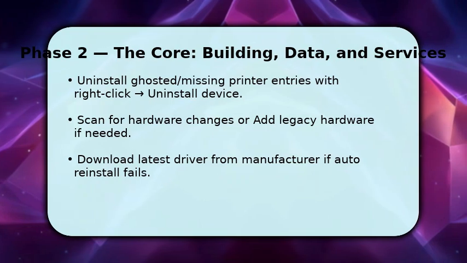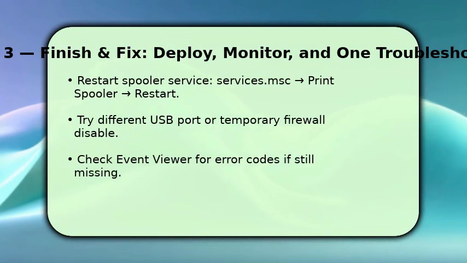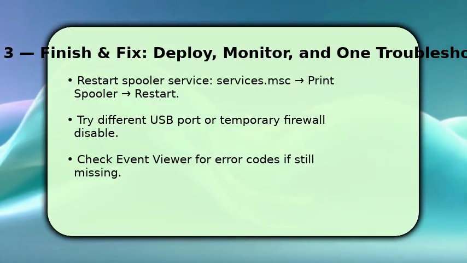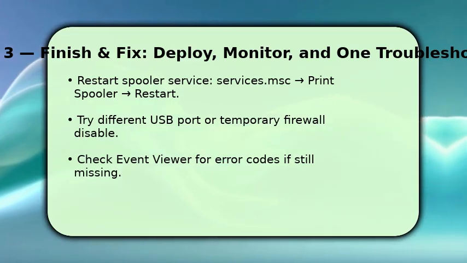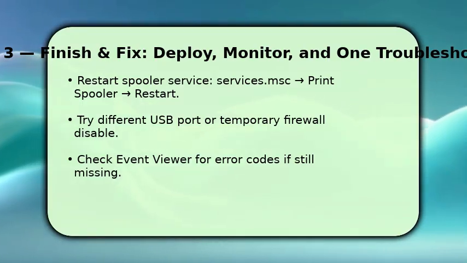Once the driver is installed, restart the Print Spooler service. Open Services.msc, find Print Spooler and click Restart to clear queued errors. Make sure the printer appears in Devices and Printers. If not, try a different USB port or reconnect to the network and temporarily disable firewall or security software to